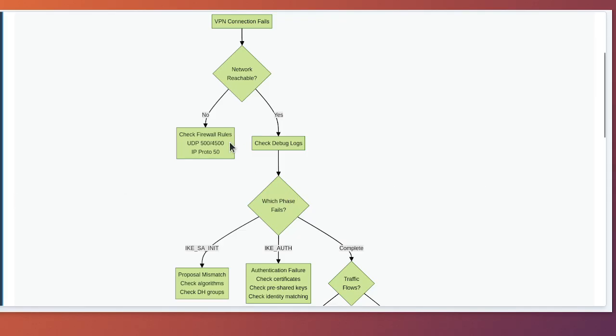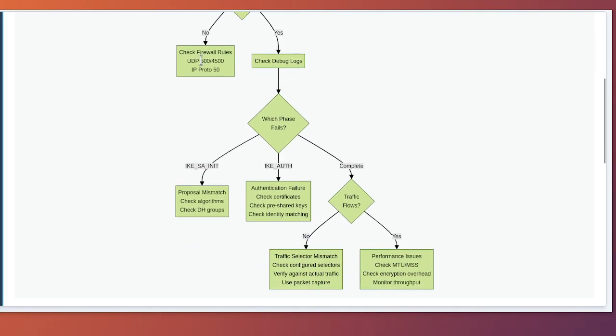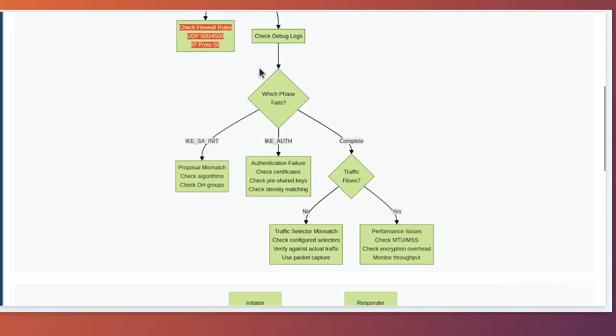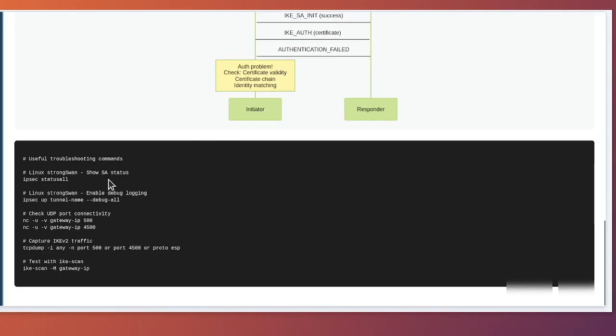The first step is always verifying basic network connectivity. Can the initiator reach the responder on UDP port 500? Use ping to verify IP reachability. Though note that some security policies block ICMP, use Telnet or Netcat to test UDP port 500 connectivity, or use